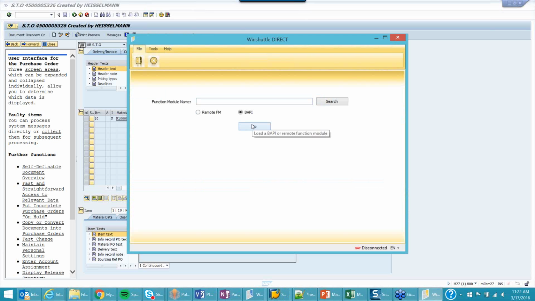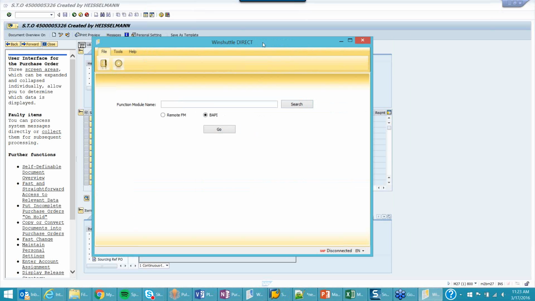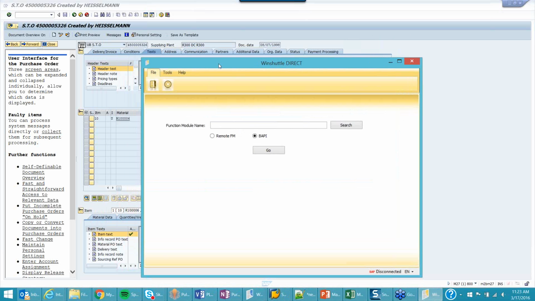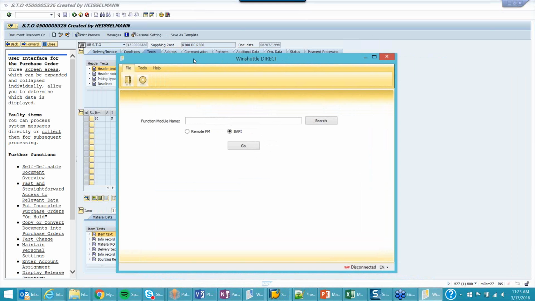So I'm by no means a BAPI expert. I've never designed a BAPI. I've never done any configuration with BAPIs, but I know Direct is the tool that I can use as a Winshuttle user to help interact with BAPIs. And thank goodness for Google and all the people that write articles about what BAPIs are out there, because that's how I learn about all of these things, and just by experience. So when you're using a BAPI or function module, we have to load it in here. The one that we're going to use is BAPI